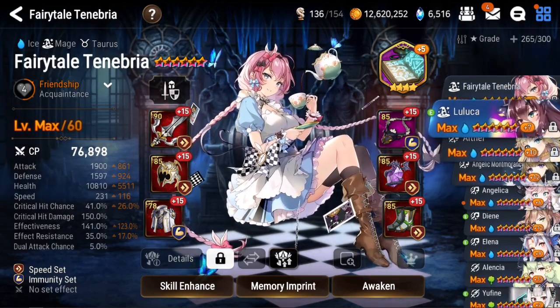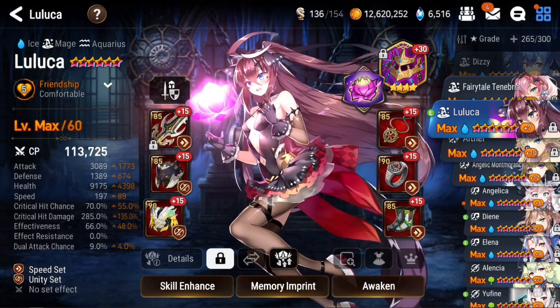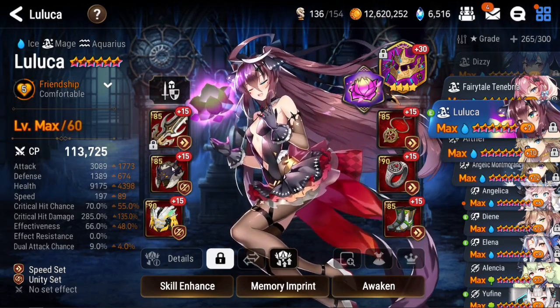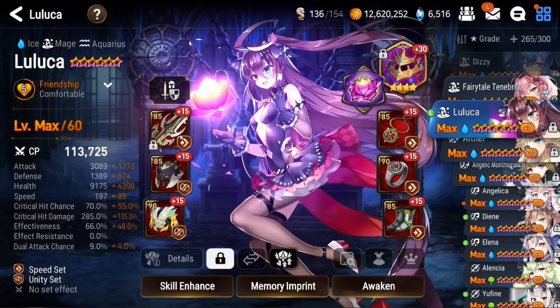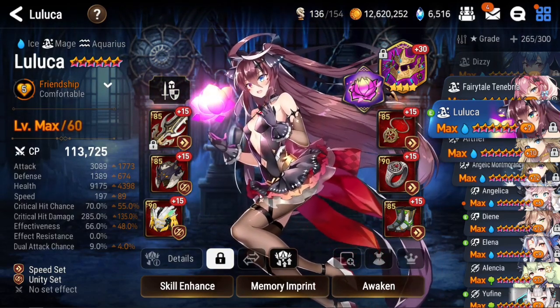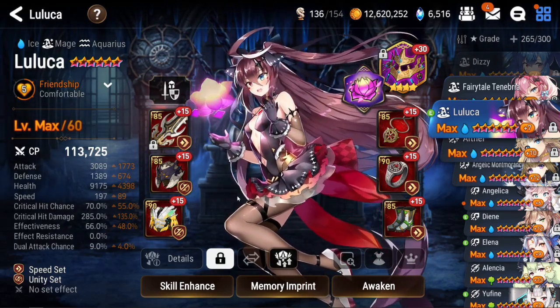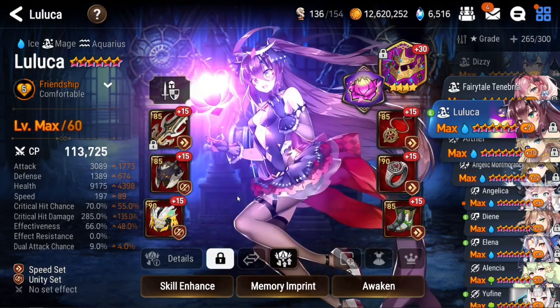So Luluka, on the other hand, I really like Luluka. I recently built her for PvE. She's not optimized. I do want to finish off maxing out some of this gear because I did start using her for Wyvern over Karen, just because it's faster, right? Her over Karen, she's a bit faster, and since I already use her for Fire Expedition, this makes it